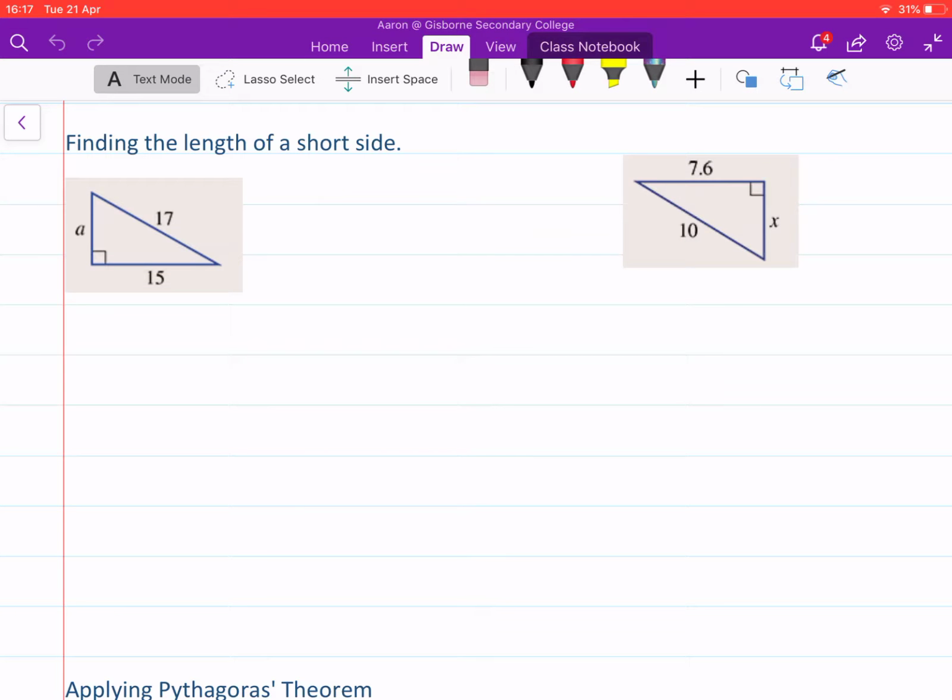A look at how we find the short side. Get my pen to work. There we go. The short side. So by this stage we should be comfortable with finding the hypotenuse, or the long side, also known as C